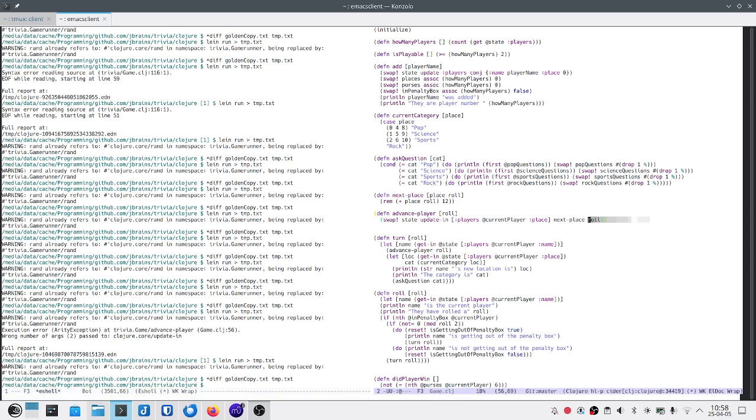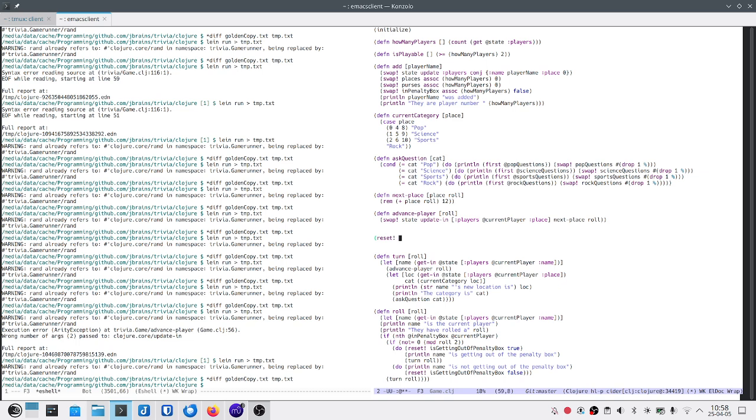If I wrote it out in full, what we'll be doing is a reset on state. And what we're doing is an update in state at the place players current player place. So that's the path we're going to update in the thing pointed at by state.